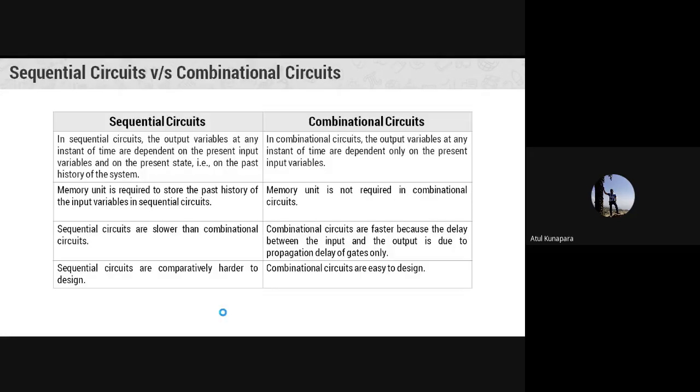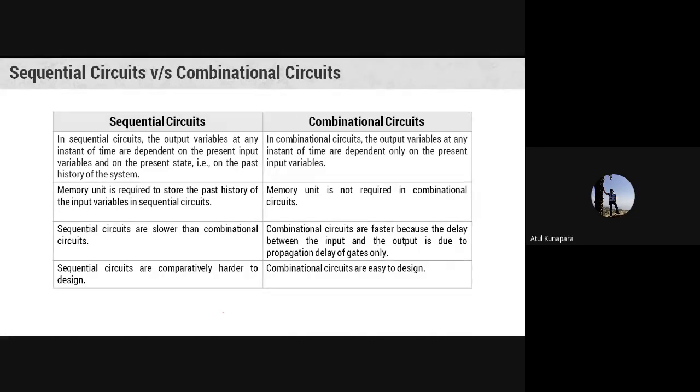So are you able to understand all these comparative points? Or does anyone have a doubt about any one of these points? Clear, sir? Every one of you? Yes, sir. Okay. So see, before we start discussing sequential circuits, you need to know about this difference and